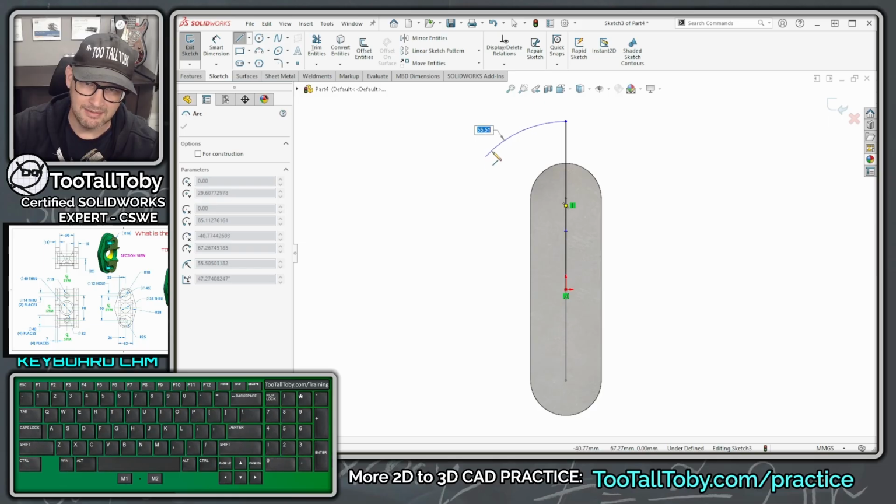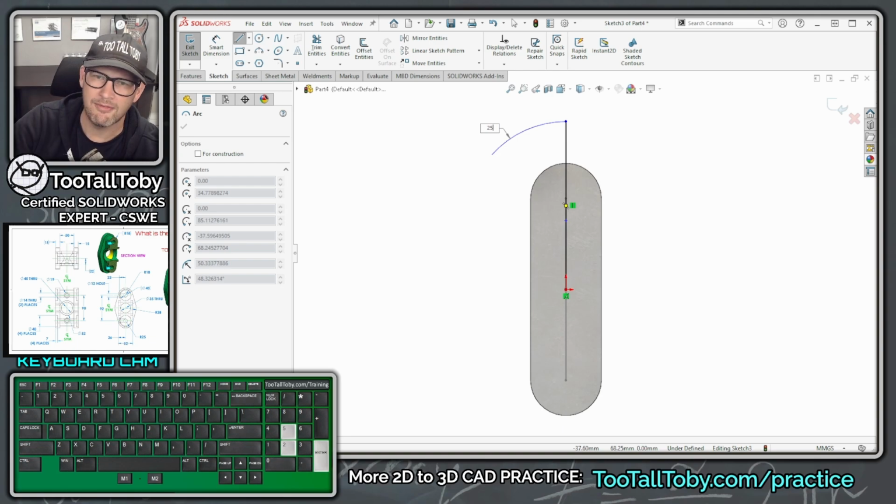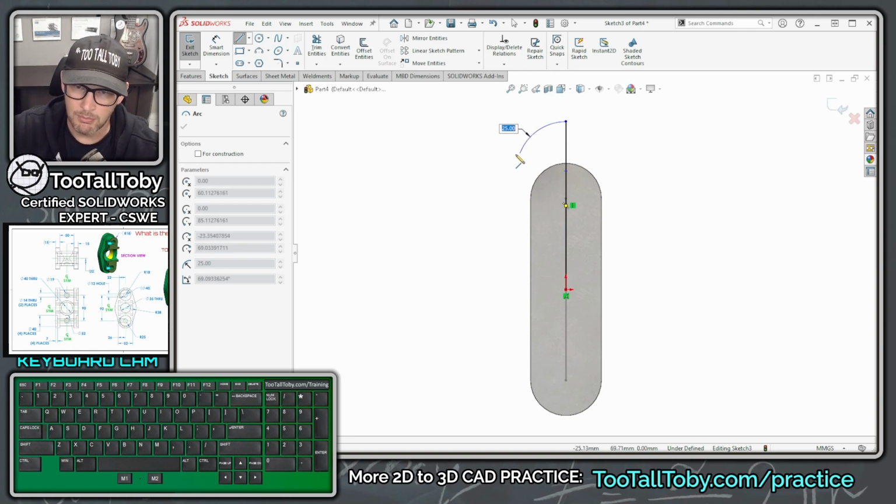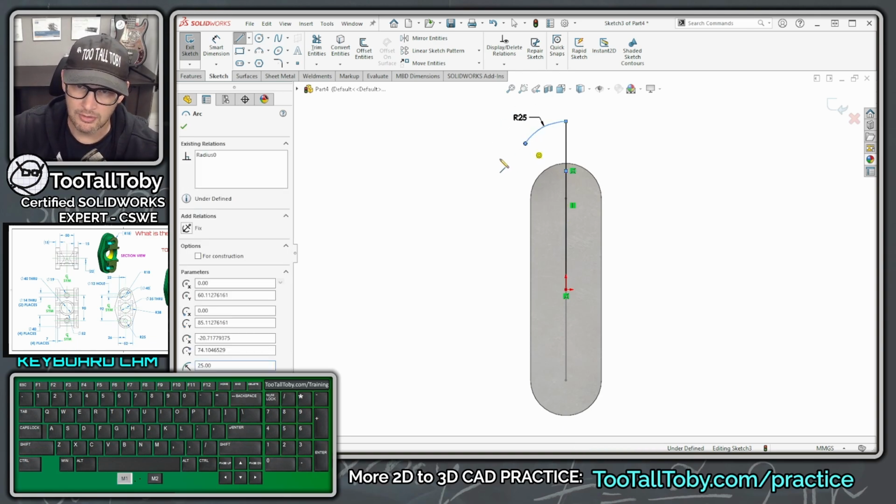And if you do it exactly to the left here, you can see that you can get an arc that's coming off of tangency to the perpendicular. It kind of has to do with the direction you move your wrist after you hold your mouse over that point. So that's a nice little shortcut to learn. And then I can let go of my mouse and I can type in the radius there, which has a radius of 25. Enter. And then we will move our mouse down to about here, single click,